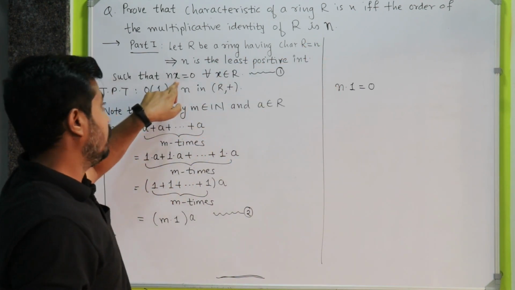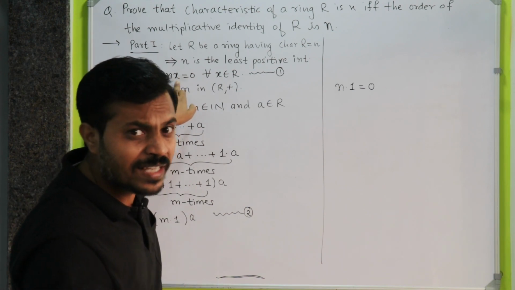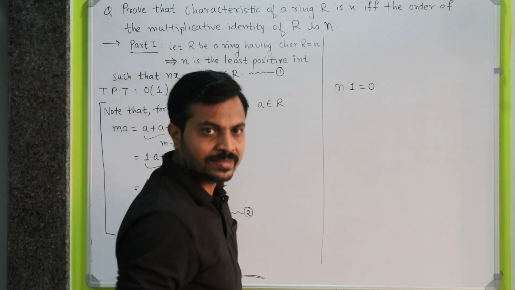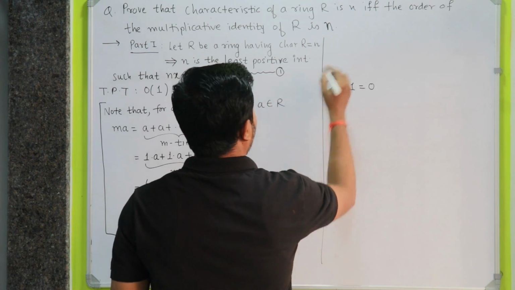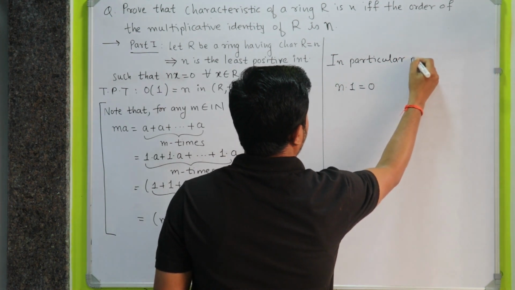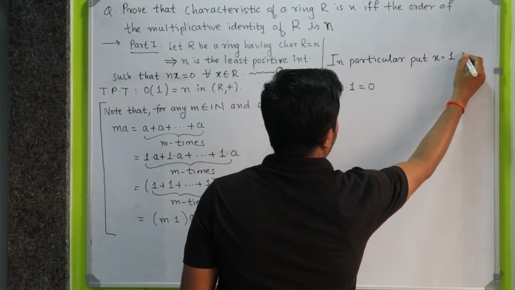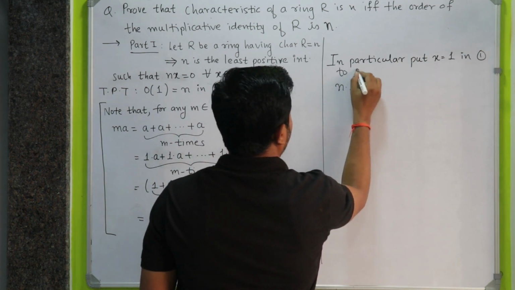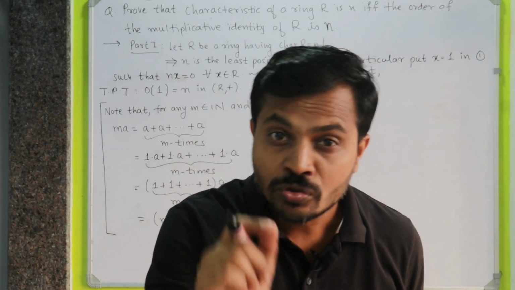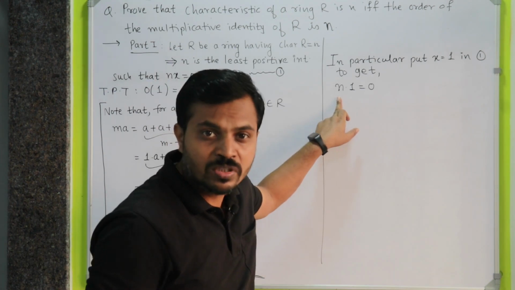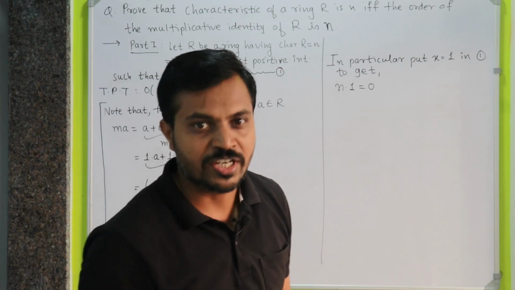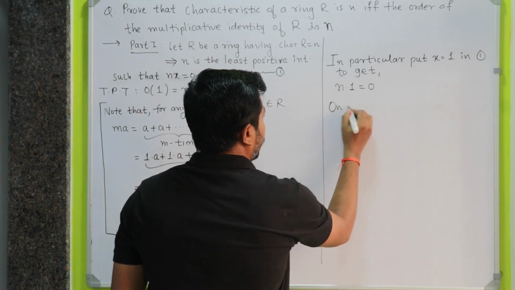So in particular, if I put x equal to 1, because 1 is an element of the ring, right? So in particular, put x equal to 1 to get n multiplied by 1 is equal to 0. Now it remains to show that this n is the least satisfying this condition, and we are going to prove it by contradiction. So on the contrary, assume that